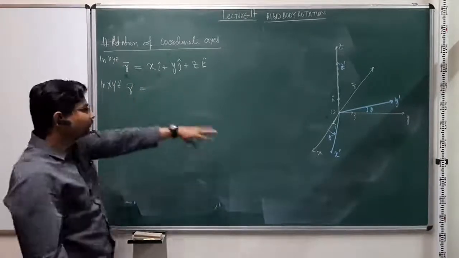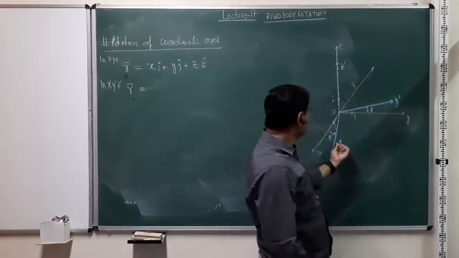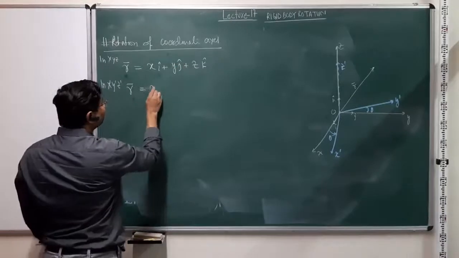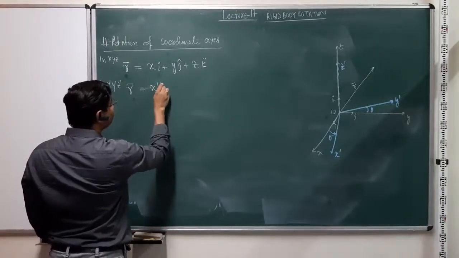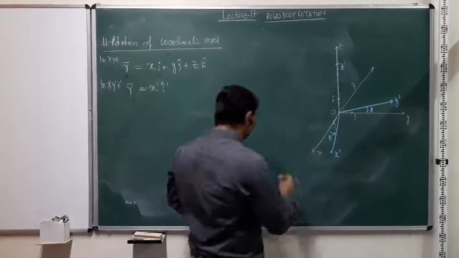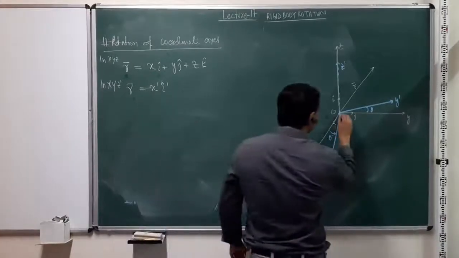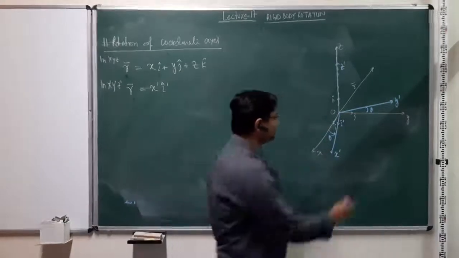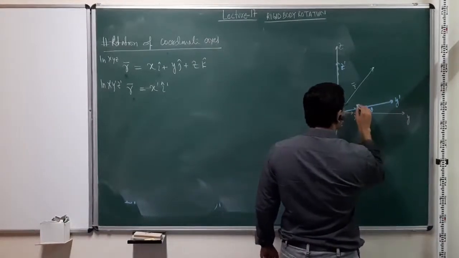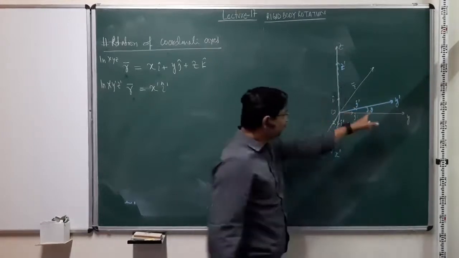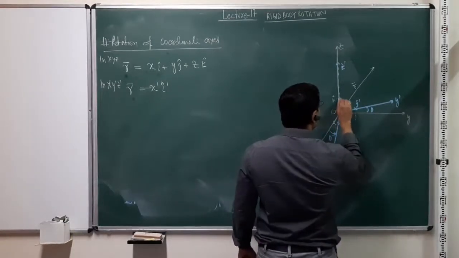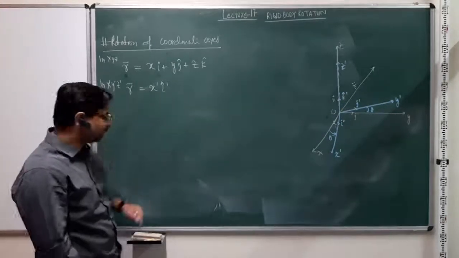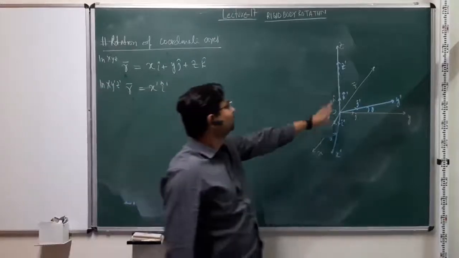R is again, what will have is it will have components along x prime direction, y prime direction, and z prime direction. So in general, I can write this down as x prime I cap prime, where I cap prime is the unit vector along x cap direction. Similarly, I will have a unit vector j cap prime along the y cap direction and k cap prime along the z prime direction,